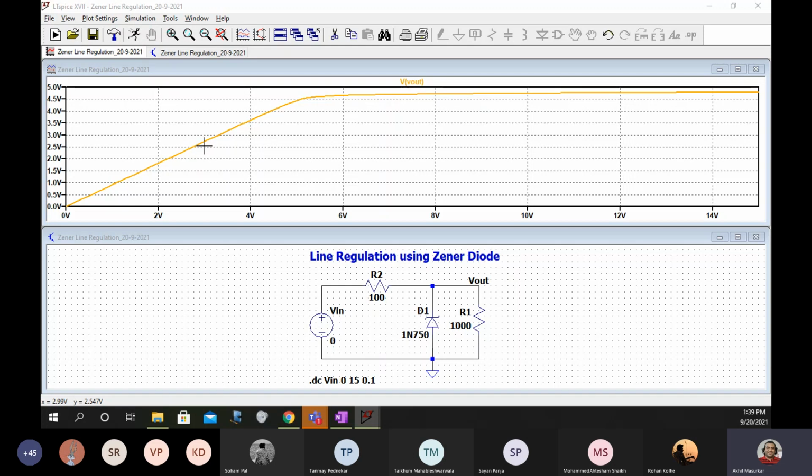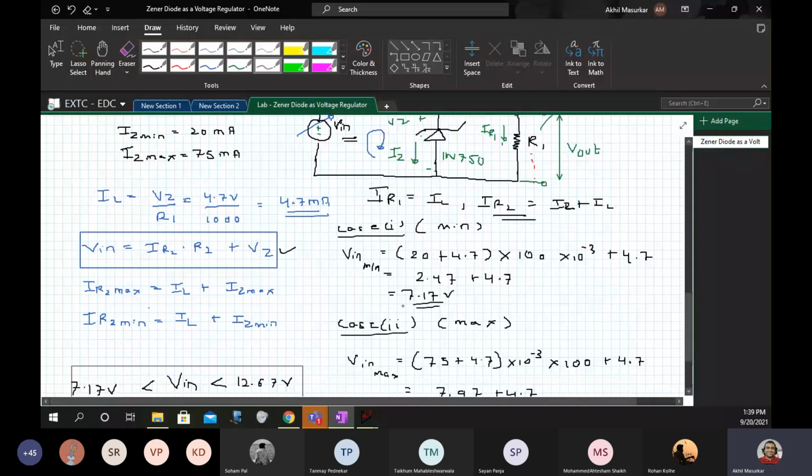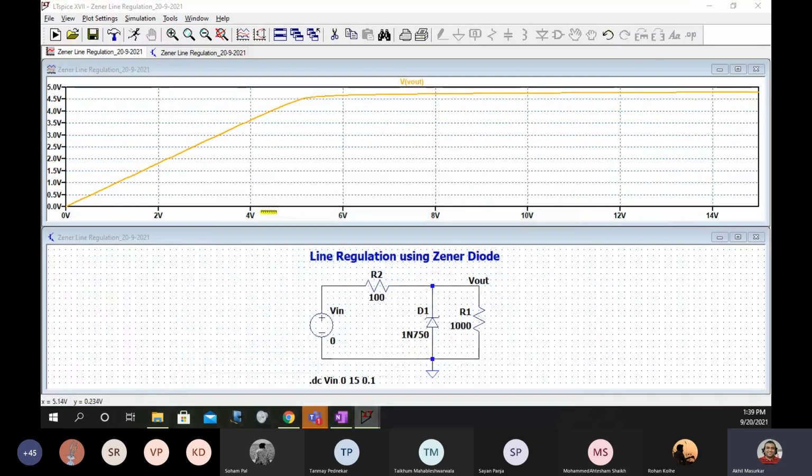This is correct. So you can see that the Zener operates as a Zener only for line voltages which are above 7.17. So our calculation is right. The minimum is 7.17. Above that it works well. So why we did this calculation is to convince you that the Zener will not work at 0 volts.